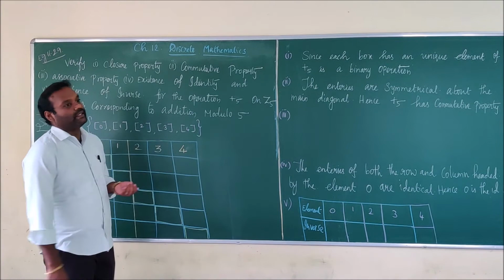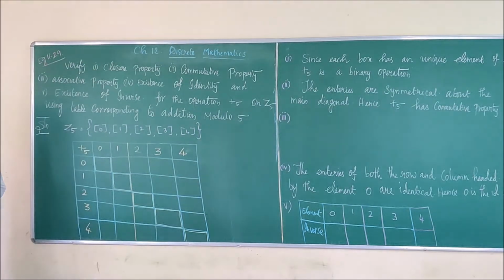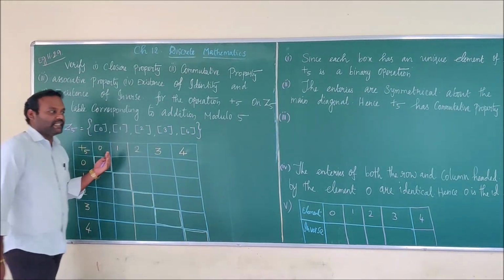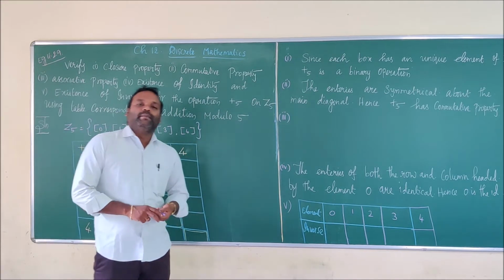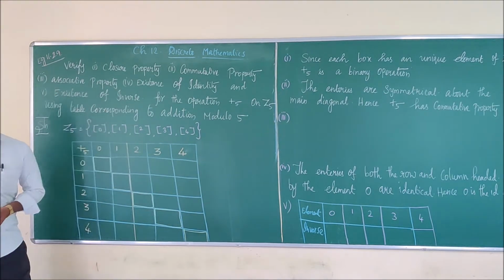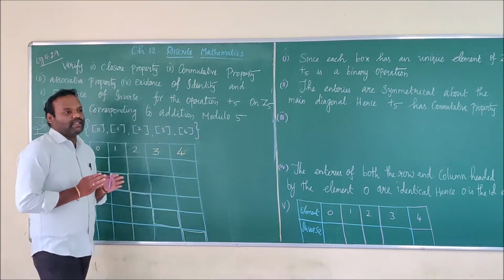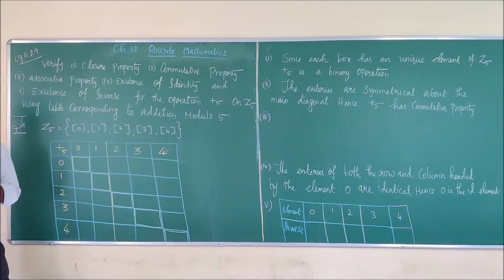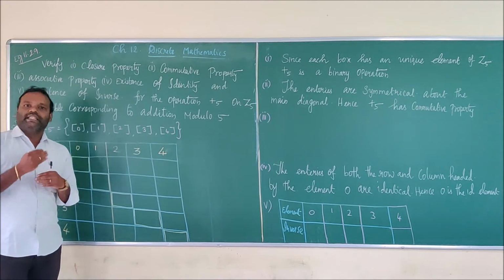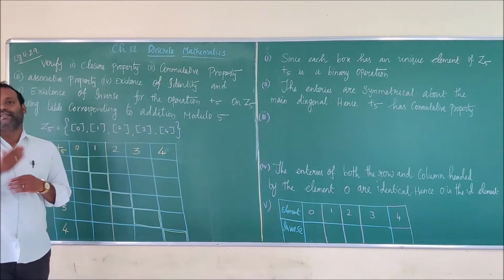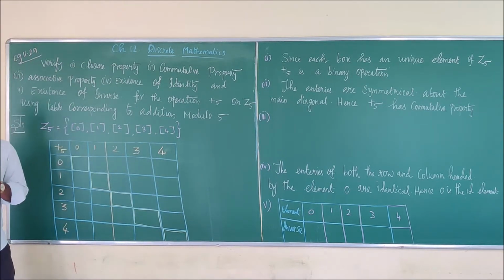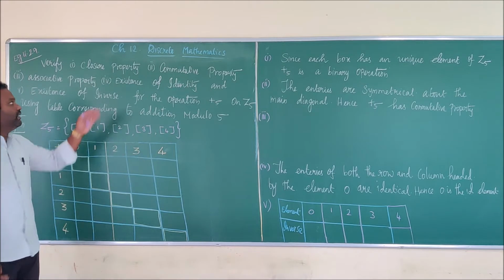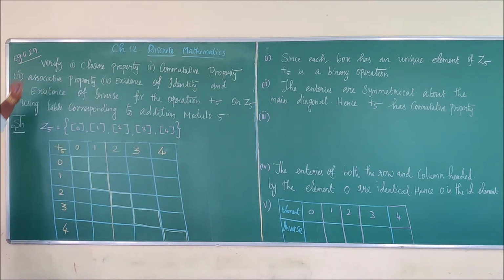So last video we discussed modular arithmetic, that is addition modulo n and multiplication modulo n. In that we are mainly focusing upon the remainders. If you are dividing a number by n and it is greater than n, you have to write the remainder. If it is less than n, you have to write the answer as you get it. Based upon that concept, we are going to see example 11.29.